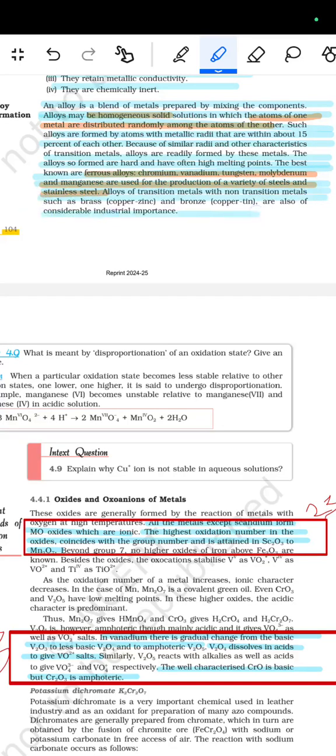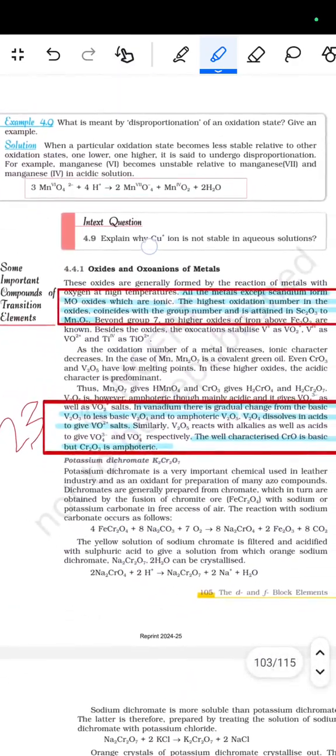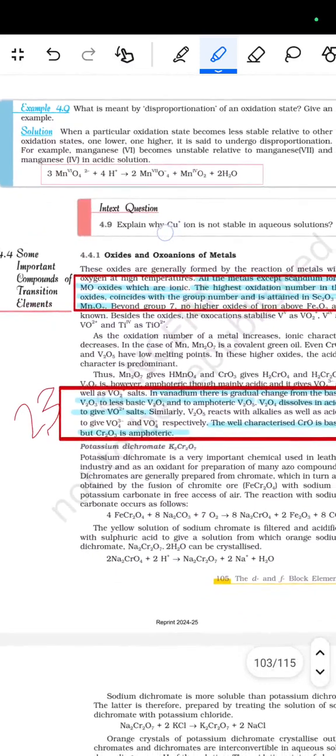also of considerable industrial importance. फिर एक फॉर एग्जाम्पल है कि what do we mean by the disproportionation of an oxidation state, give an example. तो when a particular oxidation state becomes less stable relative to the other oxidation state, one lower, one higher, it is said to undergo the disproportionation. For example, manganese(VI) becomes unstable relative to manganese(VII) and manganese(IV) in the acidic medium. 3MnO₄²⁻ + 4H⁺ → 2MnO₄⁻ + MnO₂ + 2H₂O